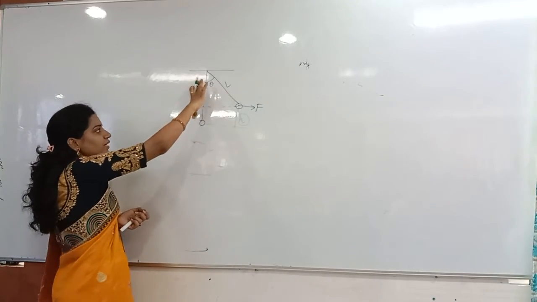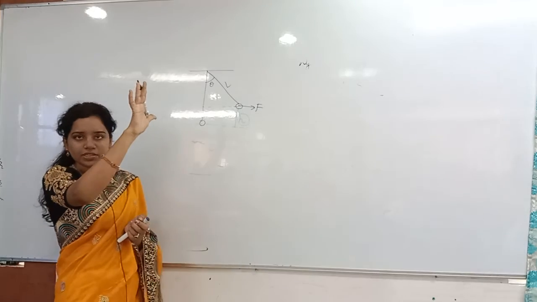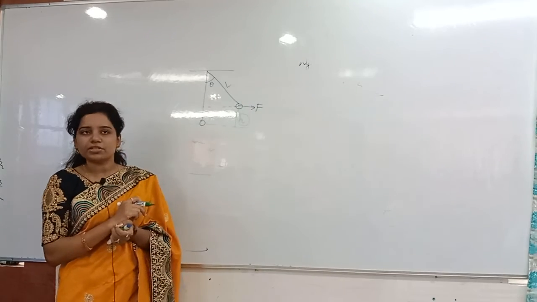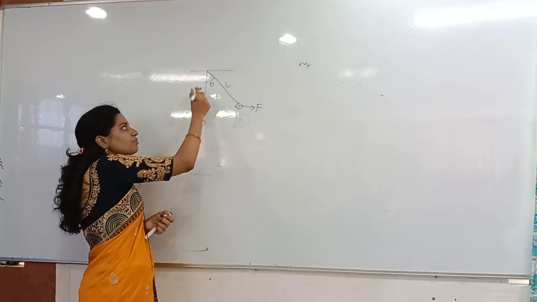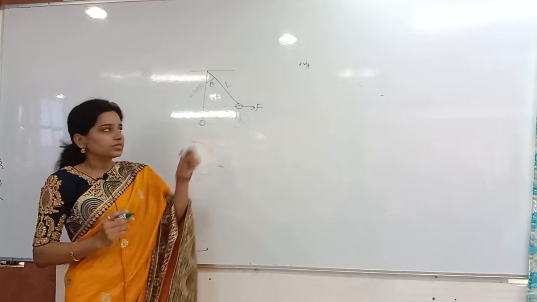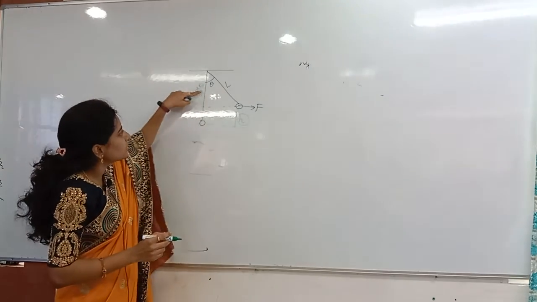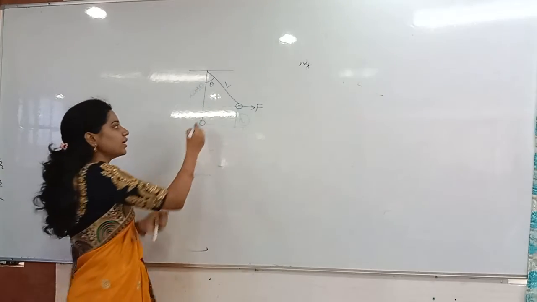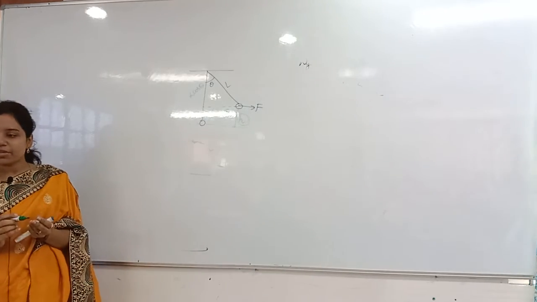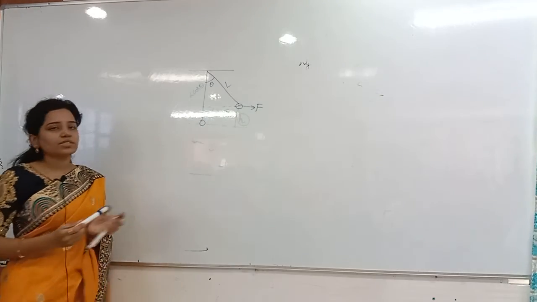Now you just forget about this one. This is L, you don't think like that. So now as compared to this one, you have to take the value of this. So this is L, this is theta, means this will be what? L cos theta only, no? See, this is L and this is theta, means this is adjacent only. L cos theta. This one will be what? L sin theta.